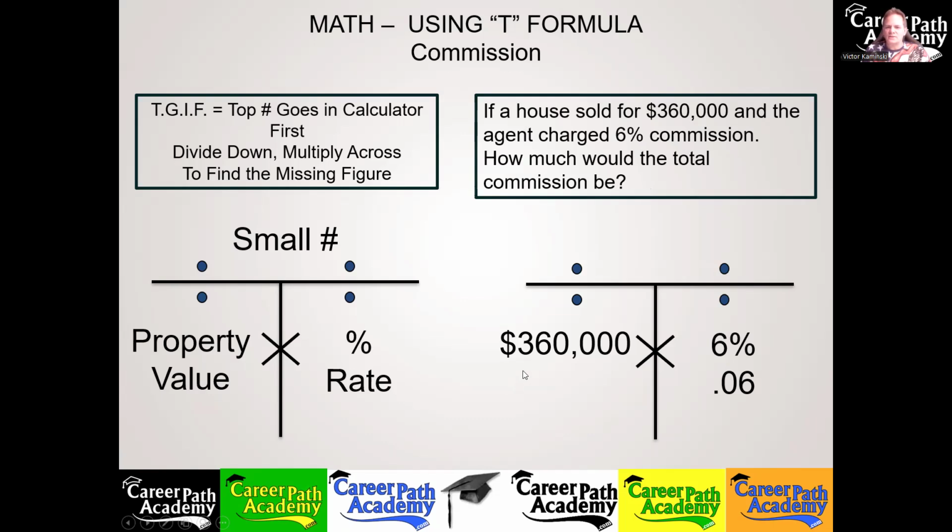Well, you multiply across. The T formula makes it easy to figure out the answer by just plugging the numbers into it. You just need to multiply 360,000 times 6%, which can also be converted to a whole number: cross out the percent sign and go 2 decimal points to the left. So 0.06 is also a way of expressing 6%. If your calculator doesn't have a percent symbol, you would do 360,000 times 0.06, or 6 and then hit the percent symbol. And you get